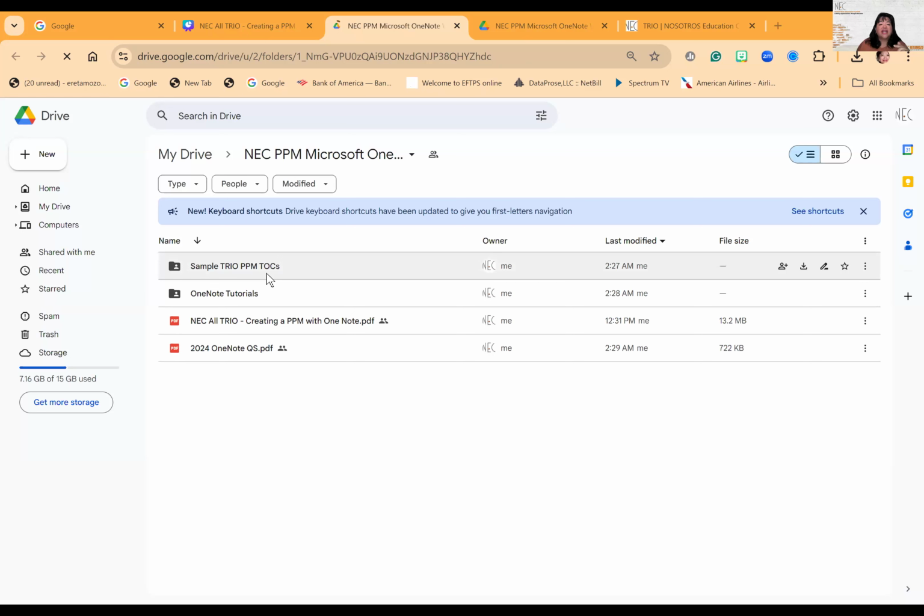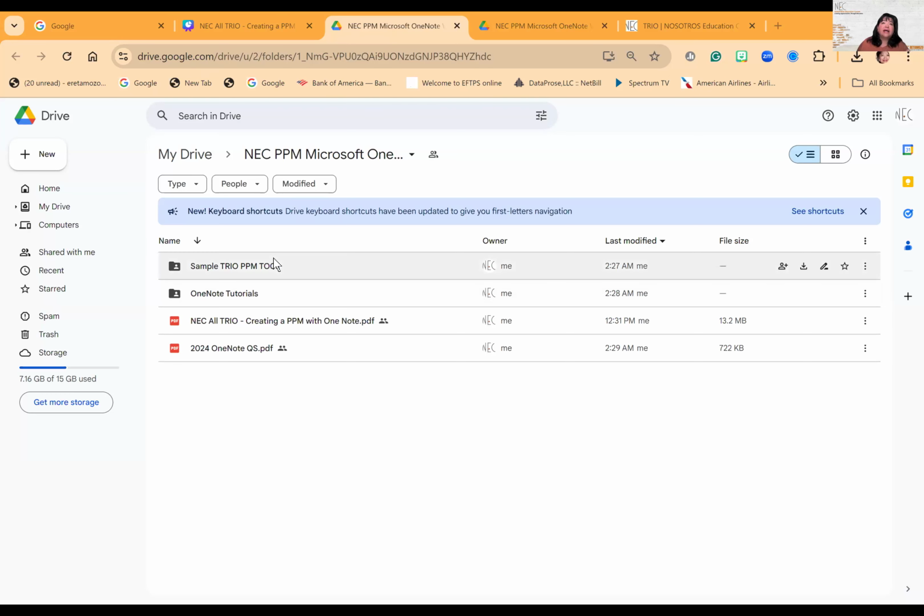There's a folder there that has some sample TRIO policies, procedures, table of contents, TOC, outlines. Those are for you all to use as you need to. I left them in Word in case you want to download them and compare them to what you currently have. There's no right or wrong for a policies and procedures manual. It just has to make sure you feel comfortable with it and it covers everything that you need. And maybe there's a couple of things there you thought about, you didn't think about, or maybe if you want to share, I would love to see, because that's where we get our ideas.